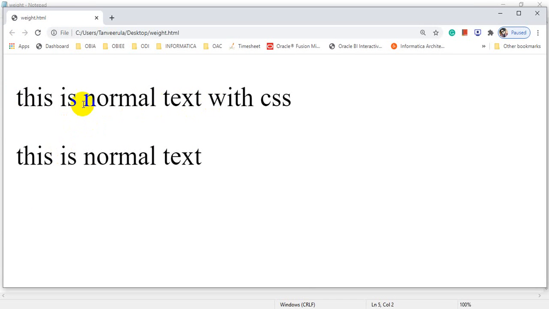Okay, this is normal tag. The size of this and the size of this is the same. Why? Because we have used normal. But if you want to assign, for example, an ID, we have one concept in CSS. One is ID and one is class. This part I will tell you later, what is ID and what is class.